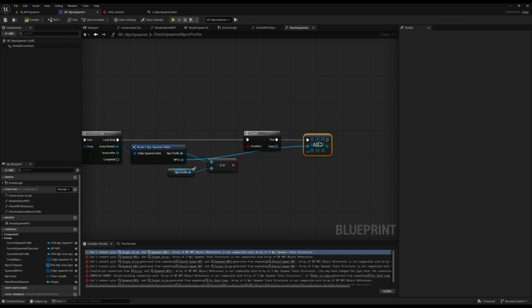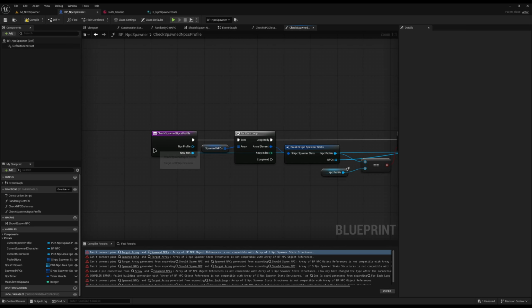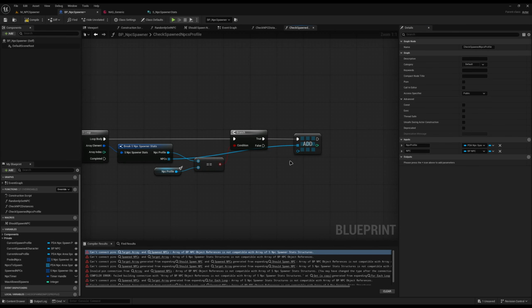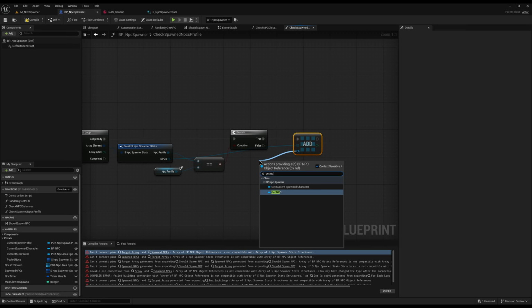And connect it to the true. And then for the add here, I'm going to drag all the way back to the function and let go to add the NPC in. So I'll just rename that to NPC. And then I'm going to disconnect it by holding Alt, coming back and just dragging off and typing get NPC